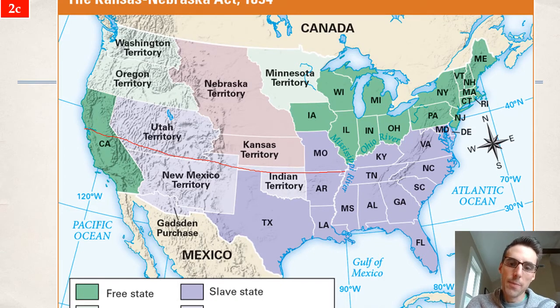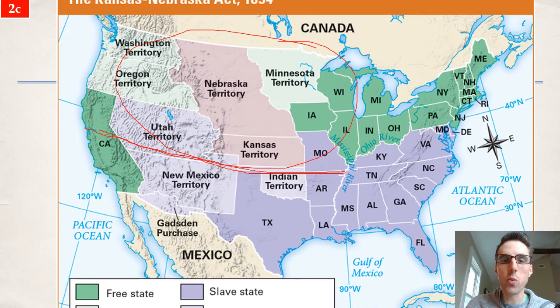Think about what this does. If slaves are not citizens, and if property rights have to be protected and slaves are property, guess what this means? The compromise that said no slavery is allowed in this territory above here has to be unconstitutional. Think about it logically. If slaves aren't people, they're not citizens, according to Taney, then you can take your non-citizens anywhere. You can take your property anywhere.